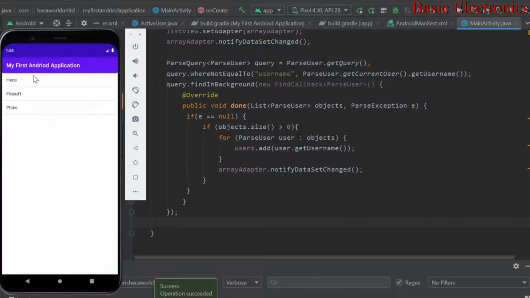Alright, now we can see all the users that were signed up. Yeah, so we got everyone but us. Okay, this is what we wanted. Initially we had equal to, but we need not equal to. Okay, the next thing we want to do here is to be able to click on this and then go